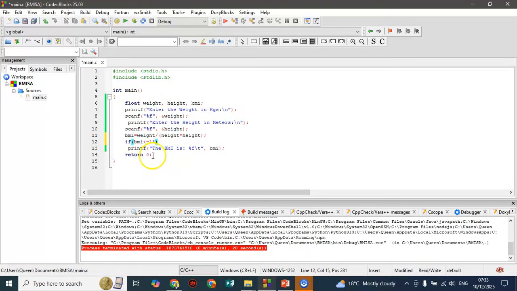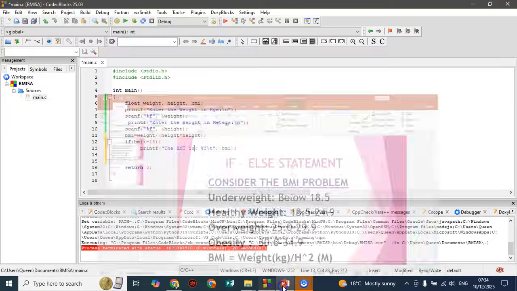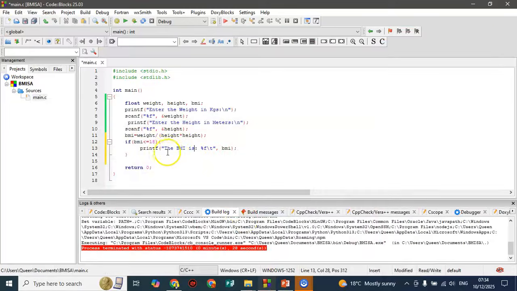if BMI is less than 18, then you put this. I want to just put this statement. Printf BMI. I want to tell this person something, and that is here. You want to tell this person you are underweight. So let's just say you are